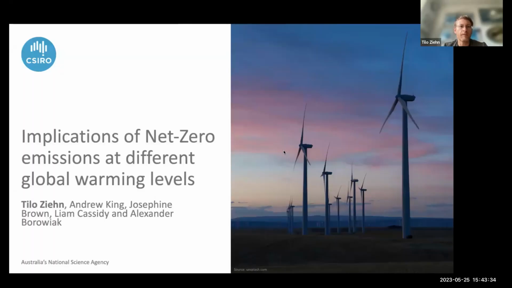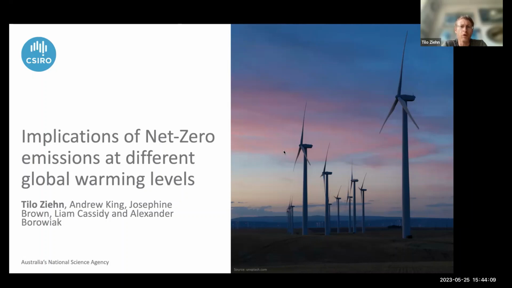So this is a talk that I gave at the EGU meeting in Vienna about a month ago. We had a whole session there focused on net zero and what this means in terms of carbon budgets and mitigation pathways. And obviously there's a lot of interest now in stabilized climate simulations to assess what the impacts of 1.5 and 2 degrees of global warming are, including if we fail to limit global warming, so what the implications are.